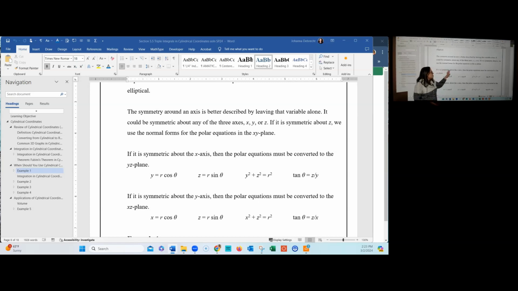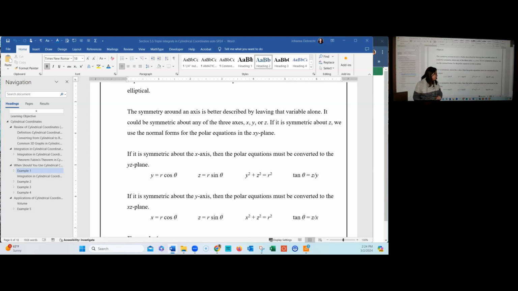However, if it is symmetric about the x-axis, then the projection will be into the yz plane, in which case we need to convert the polar equations to correspond to the yz plane. Y takes the place of x, becoming r cosine theta. Z takes the place of y, becoming r sine theta. Y squared plus z squared is r squared, and